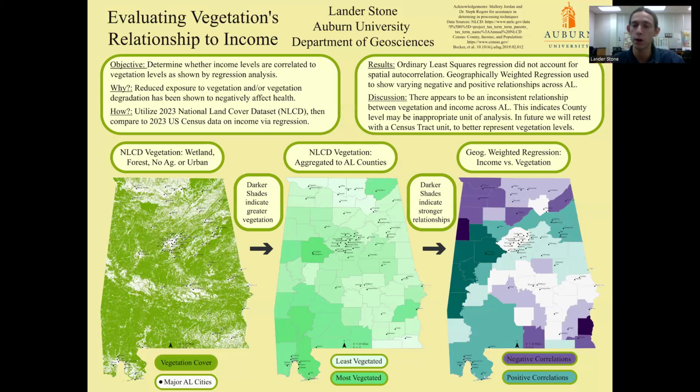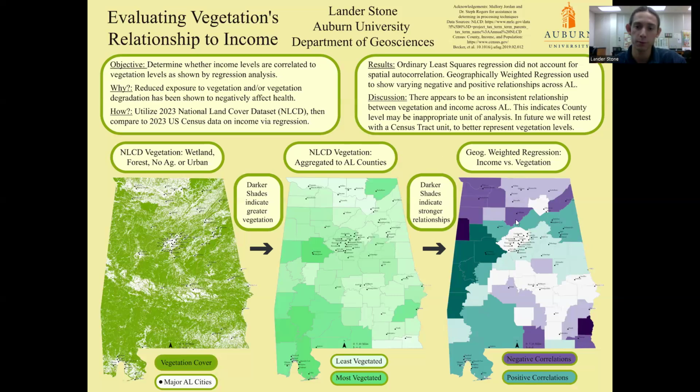So ordinary least squares is a global analysis considering the whole state against itself. Geographically weighted regression is a local scale analysis comparing a single county to each of its neighbors or a distance away from it. So for my regression analysis, I just selected the nearest neighbors technique with the Queen's contiguity with a total of 8 neighbors. So for every county, the 8 neighbors directly next to it will be considered as comparison for this statistical significance.